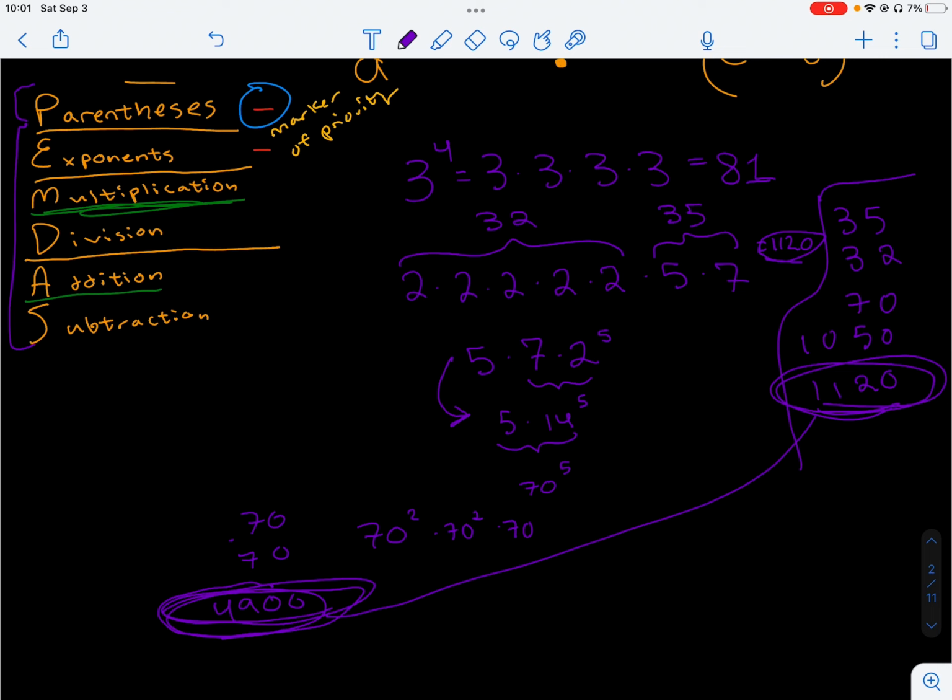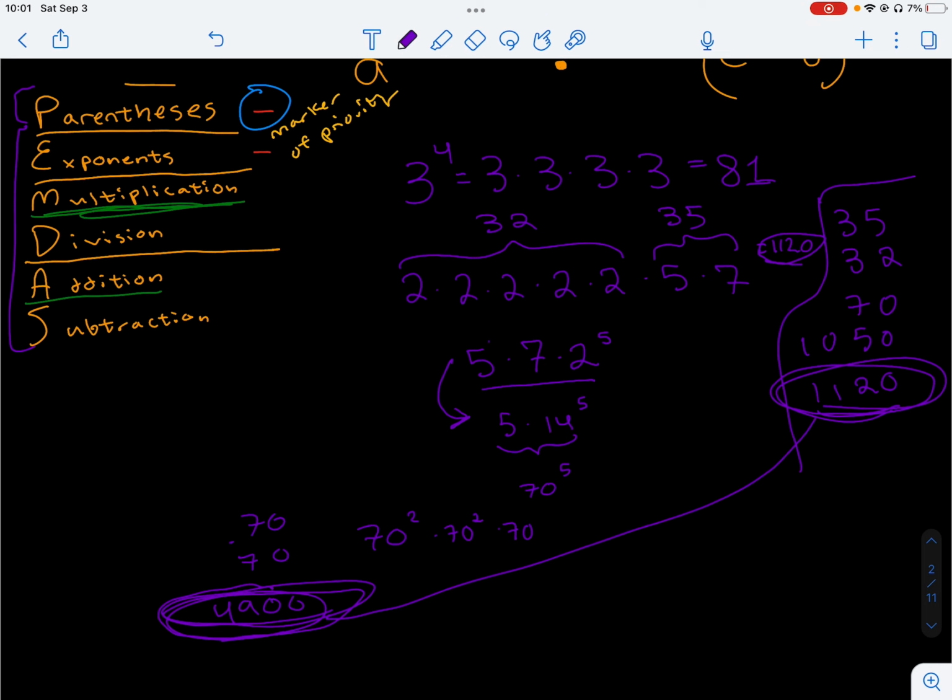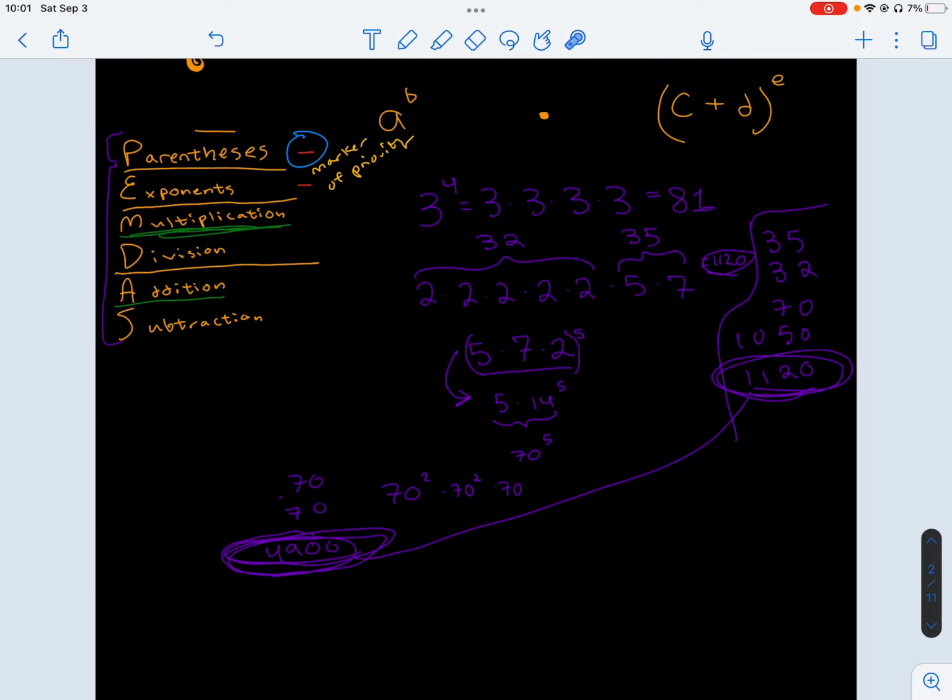And then a reminder from the previous video, parentheses are at the top because it's kind of like an author's note. So if I were the one writing this mathematics and I actually wanted to do the multiplication here first, maybe I had 5 of these and 7 of something else and 2 of some other third thing, and I wanted to get a sense of how many copies I can make of all of it. Well, I could choose to do the multiplication first and then raise it to whatever power I need. And if I wanted to do that, I would need parentheses to mark, hey, do this multiplication first. And yeah,